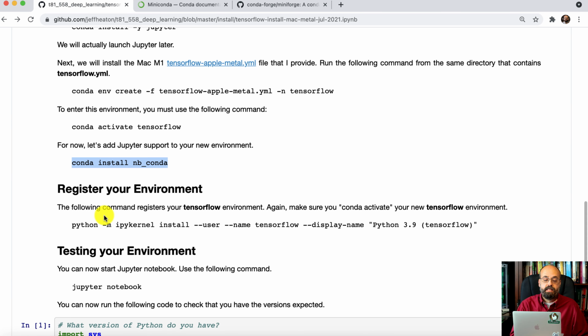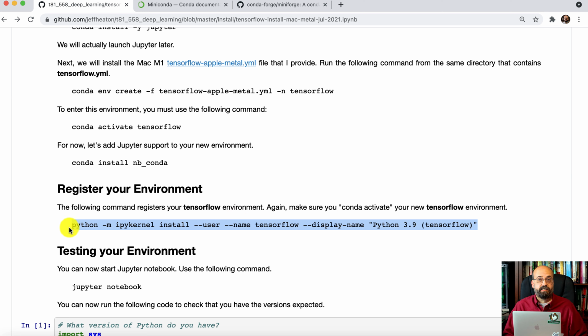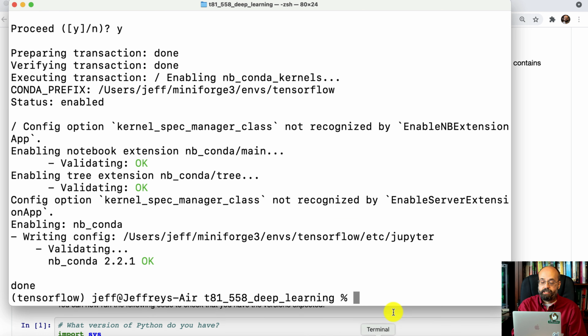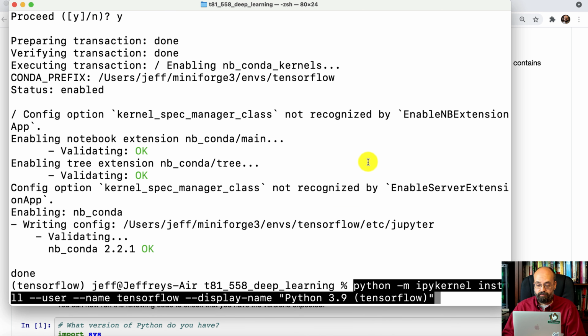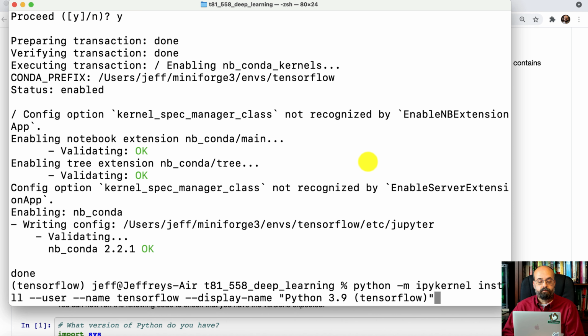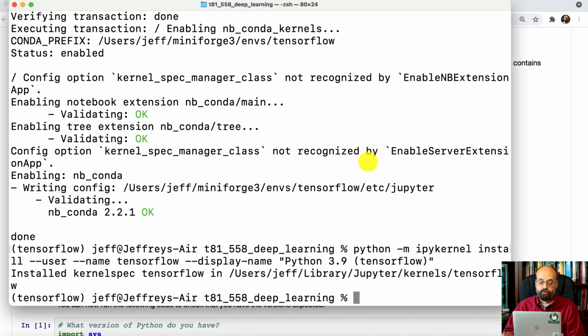And we have to do this command here, which is actually going to link it. You can have multiple of these installed in your Jupyter, and that's what I very commonly do for different projects that I'm working on. I don't try to create one Python install that has everything I need, because that gets unwieldy and I lose track. I tend to create an environment for each, or often a Docker image for each, depending on what I'm doing. All right, we'll enter that. It's now linked into Jupyter.